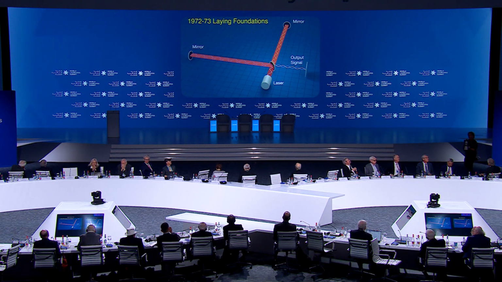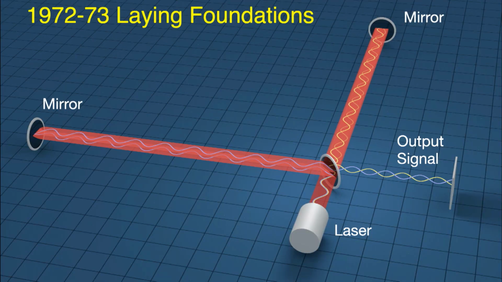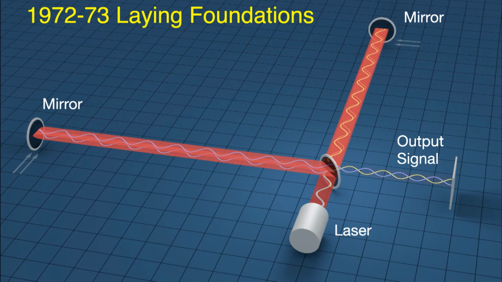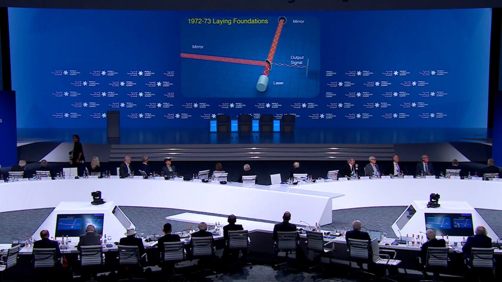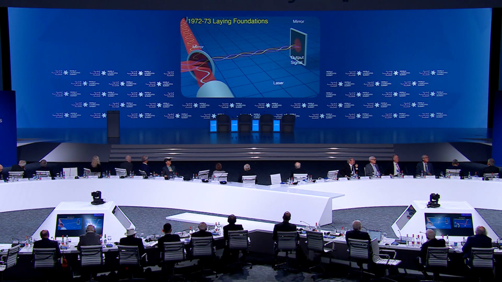In 1972 and 73, 3 foundations were laid for squeezed vacuum technology. The first foundation was when Rainer Weiss at MIT invented the gravity wave detectors that we ultimately would build for LIGO. In this simplified model, 2 mirrors hang from overhead supports at the ends of perpendicular arms. A laser beam shown in red monitors the difference in arm lengths by interferometry. A gravitational wave stretches and squeezes the arms oppositely, so the mirrors move in and out, and due to interference of the light, the output signal light